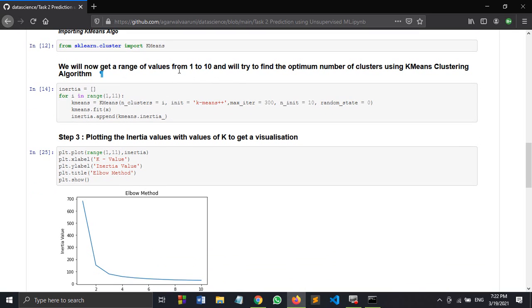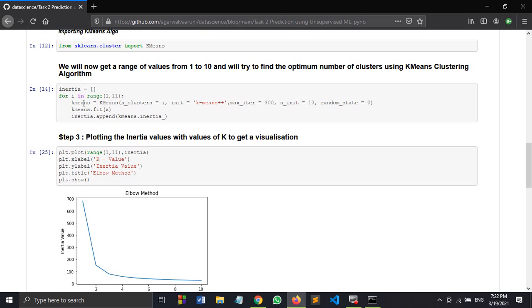Then, for the range of values from 1 to 10, I am trying to find out what is the best value of k that will give me the most accurate model. For this, I have taken a list called inertia and initialized it as empty. Next I am using a for loop, with a variable i ranging from 1 to 10 using the range function.